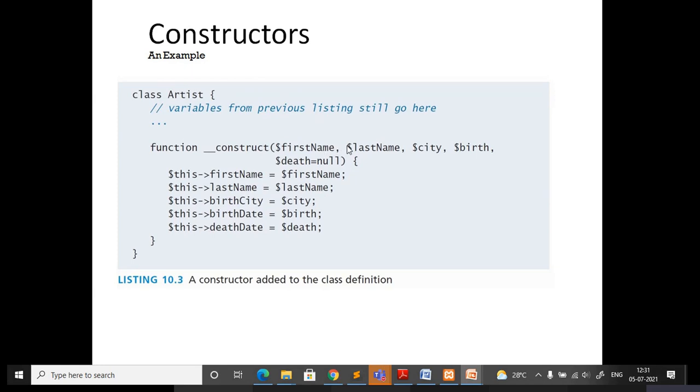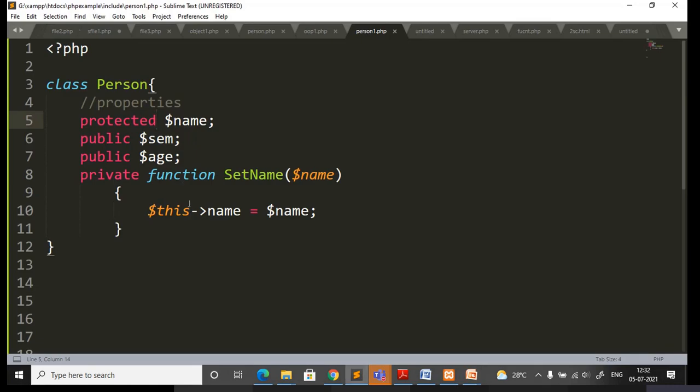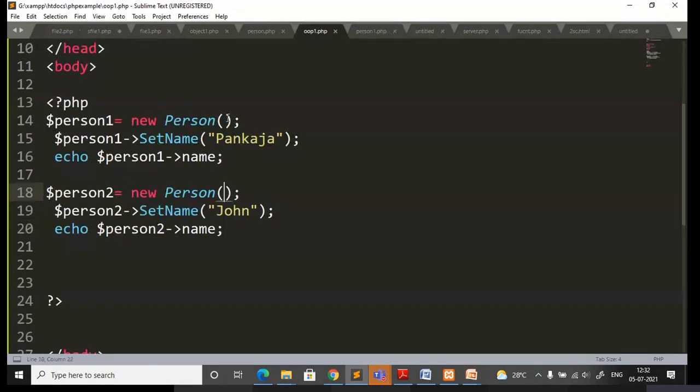Then, followed by parameters, it should obviously be parameterized, because the purpose of a constructor is to initialize the properties. Whenever you are creating the object, you have to pass values for all the properties.